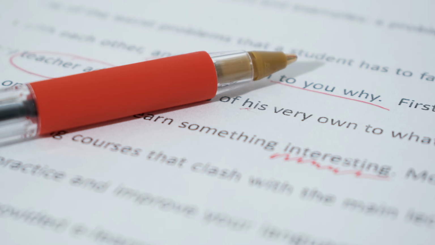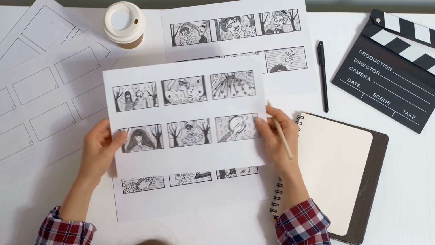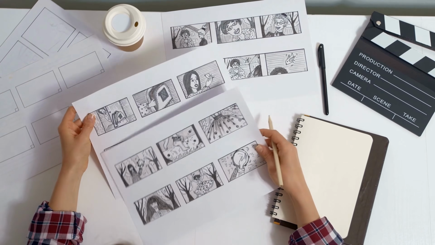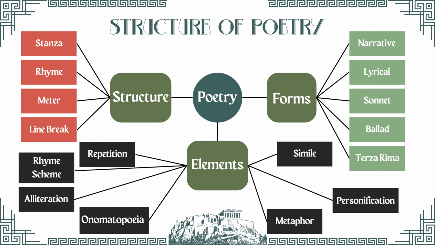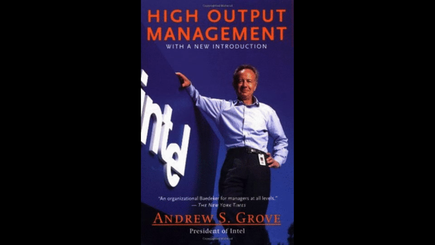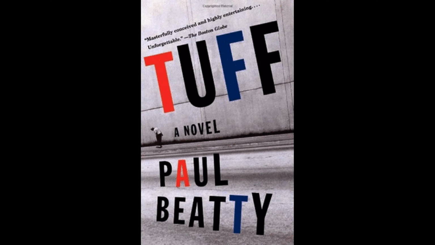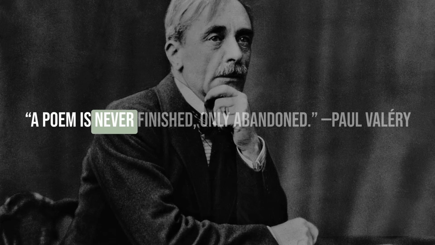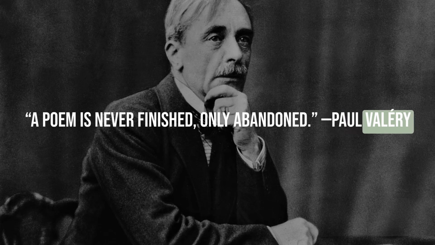You can clean up elements like plot, scenes, and character development in a novel or short story. However, poetic visual language makes it harder to discern what's final. That's the nature of writing poems. It gets better, but hardly ever easier. Pay careful attention to how the poem progresses. You can always release the second edition as you get better with the craft. A poem is never finished, only abandoned. Paul Valery. In continuation of Phase 2, I read the poem aloud several times, listening carefully to its meter, pace,